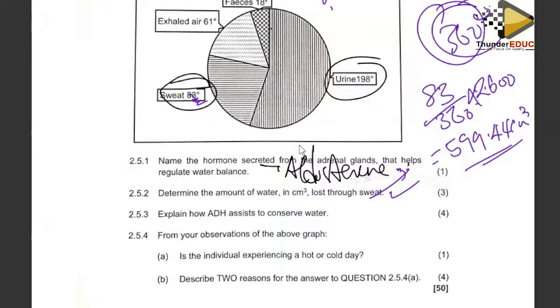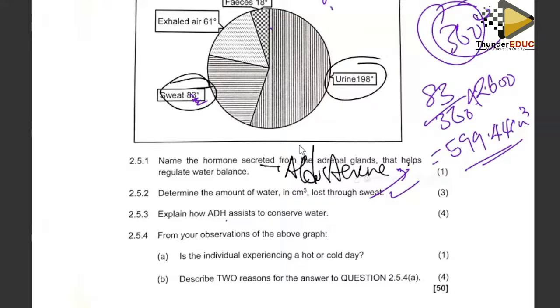If there is more ADH, the permeability is going to increase, so more is reabsorbed, meaning that you're going to have less water being lost to the urine. So explain how ADH assists to conserve water, meaning that you're going to lose less water in the urine. So you say that there is an increase in ADH, or ADH is being produced